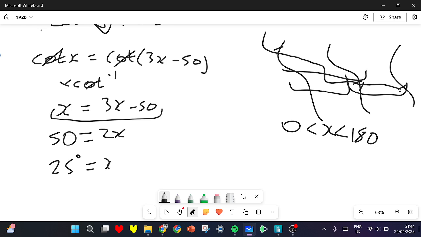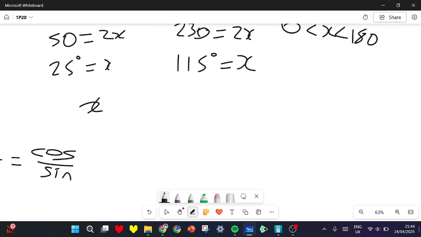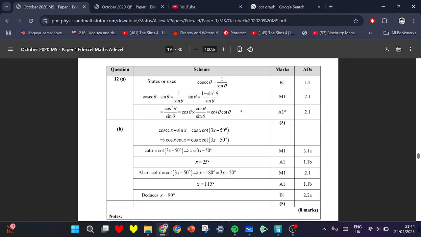So if we were to do that, we're basically saying that x plus 180 is equal to 3x minus 50. So that's like saying 230 is equal to 2x, which is 115 is equal to x. So all the solutions would be x equals 25, x equals 90, and x equals 115, which is also